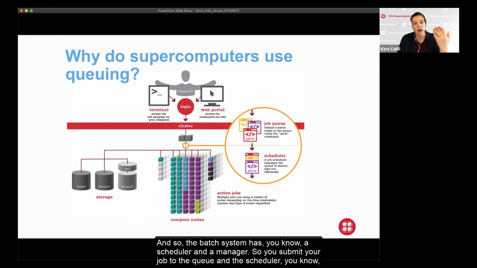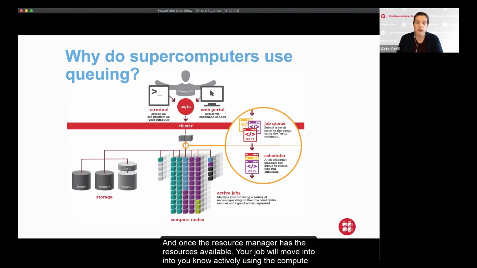And so the batch system has a scheduler and a manager. You submit your job to the queue, and the scheduler keeps track of all the jobs that are submitted. Once the resource manager has the resources available, your job will move into actively using the compute nodes. Then once your job completes, you'll have the results copied back to your home directory.